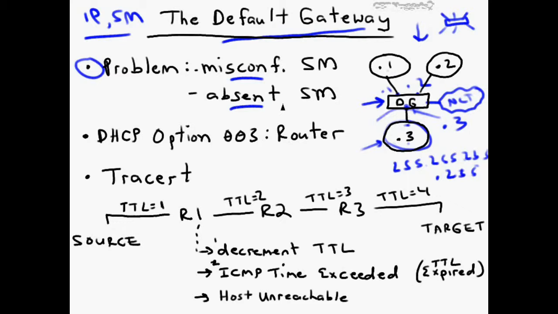Now, how do you configure clients with default gateway? We can do static assignment. Of course, that's prone to human error, and this brings in the whole notion of misconfigured subnet masks. More commonly for client computers, we're going to use, again, dynamic host configuration protocol, and we can set a scope option. It's option 003 specifically, called router, and we can give that near side interface address and attach that to our DHCP configuration package